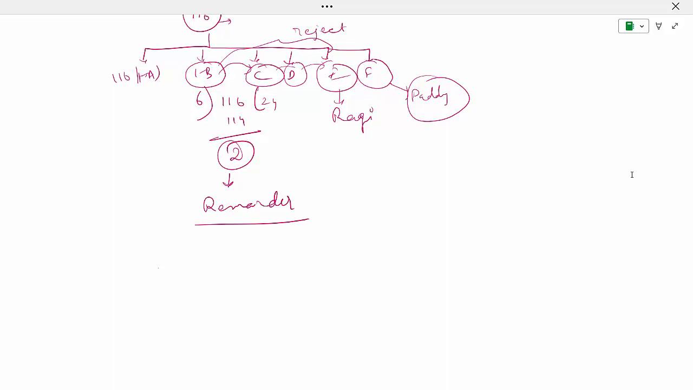Keep in mind, whenever we fill the form 1, we are asked to enter the rejected survey number. So in that particular column, the rejected survey numbers will be 1B, C, D as well as E, and finally our selected survey number as well as the subdivision number will be